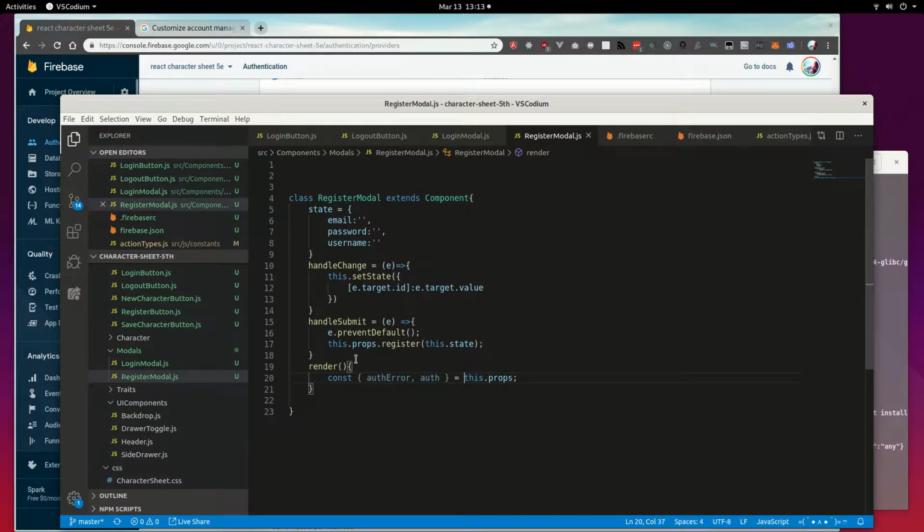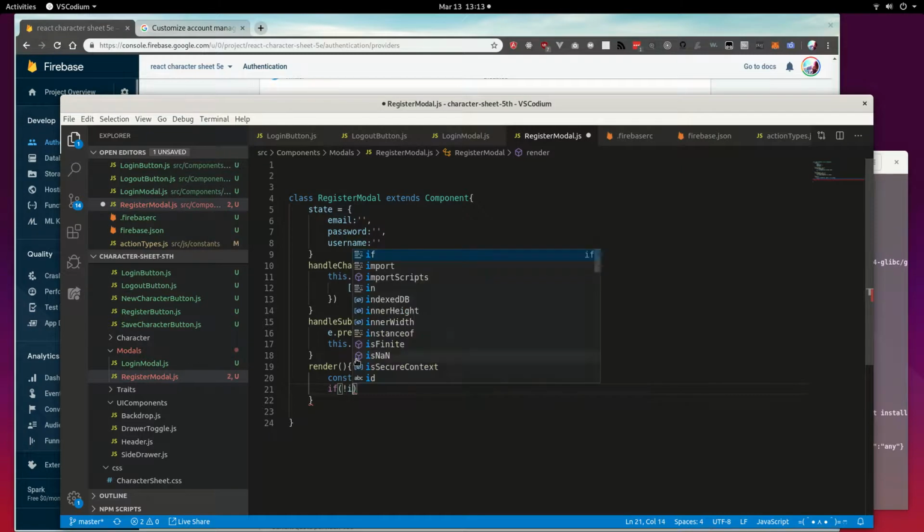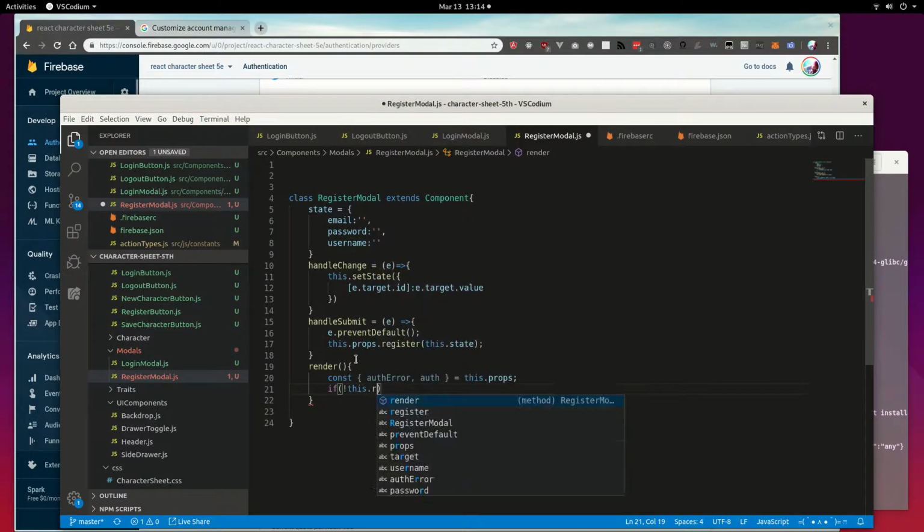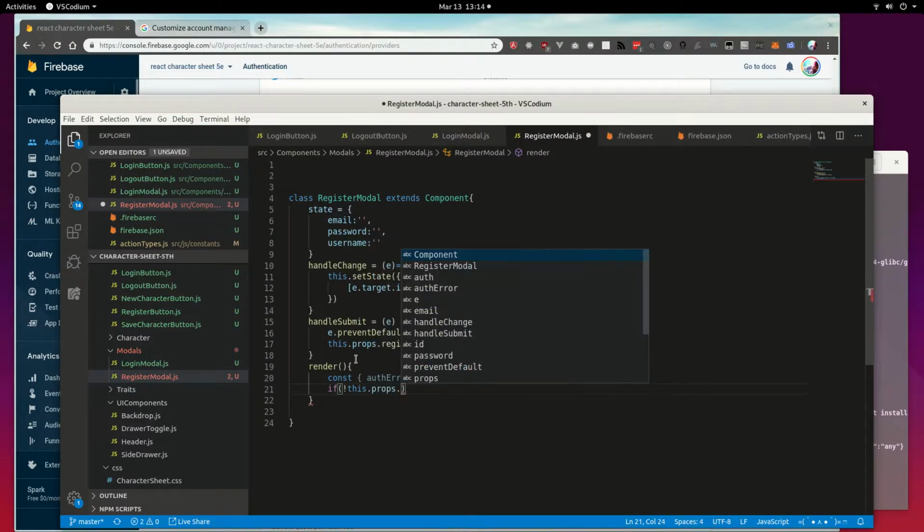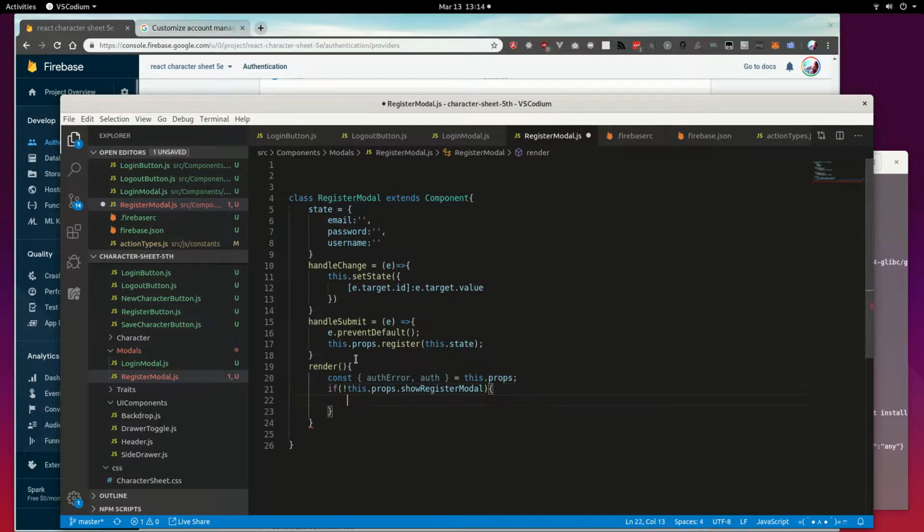And then we'll say basically we have an if condition which says if it's not this.props.showRegisterModal, then we'll return null,